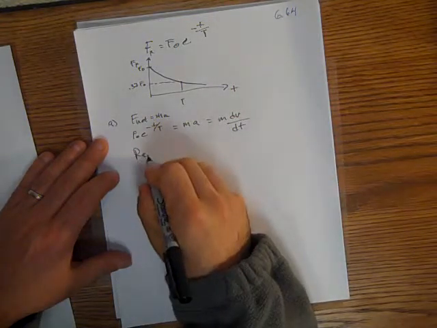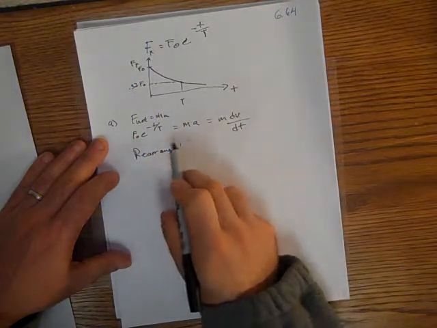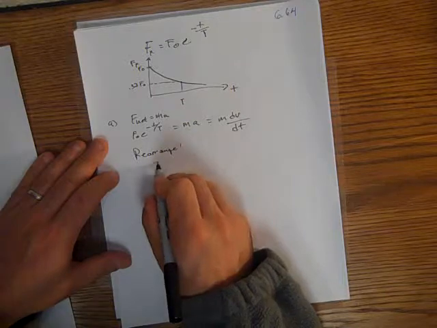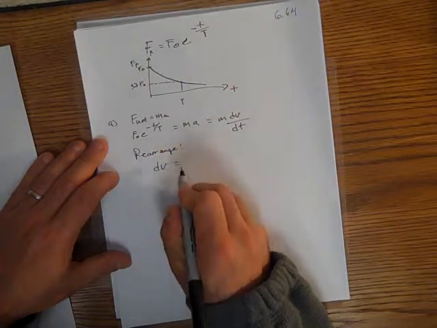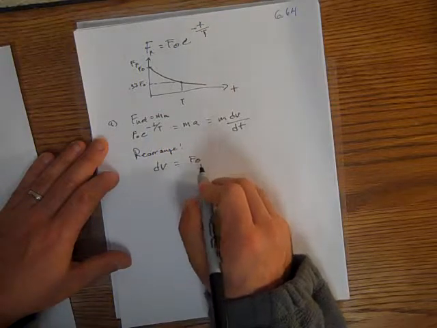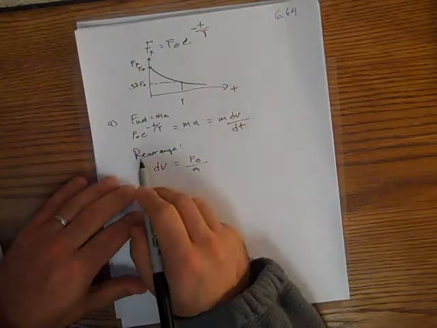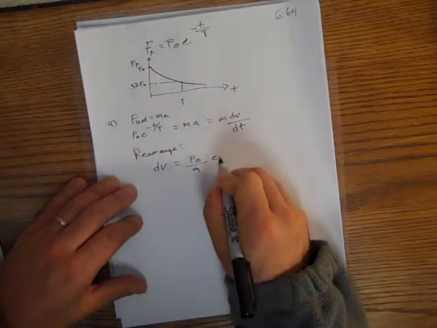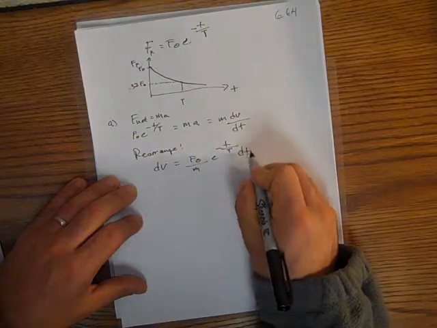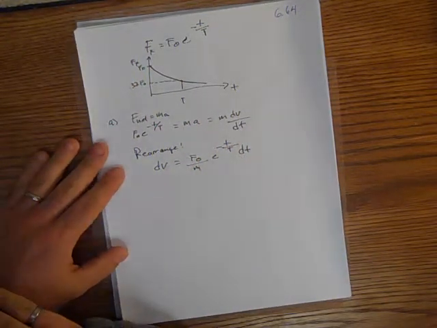And so I'm going to rearrange this thing. I'm going to bring the dt to the other side, bring the m to the other side, and just rearrange it a little bit here. So dv is then going to be F0 over m, and I'm going to get my term here, e to the minus little t over big T, and then the dt comes out here. Okay, so this is a differential equation, and we actually have to integrate it,